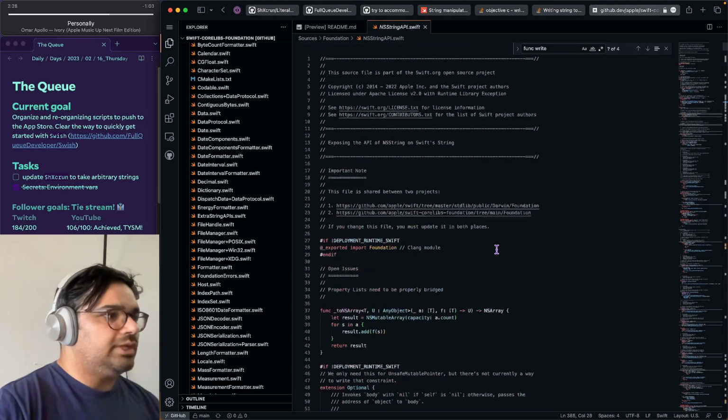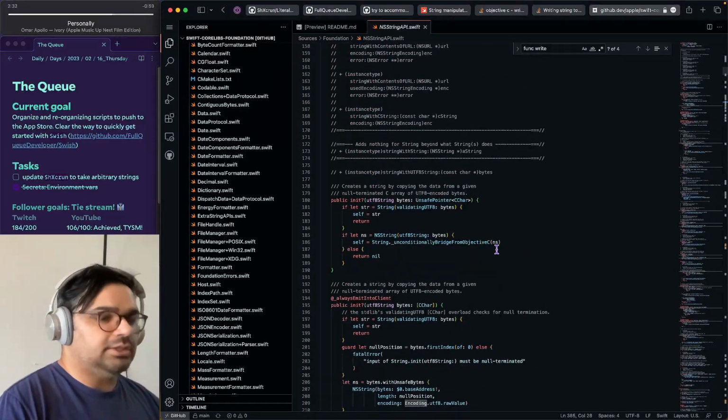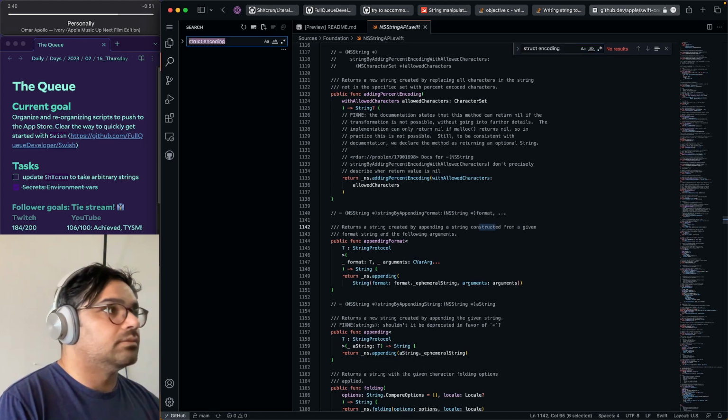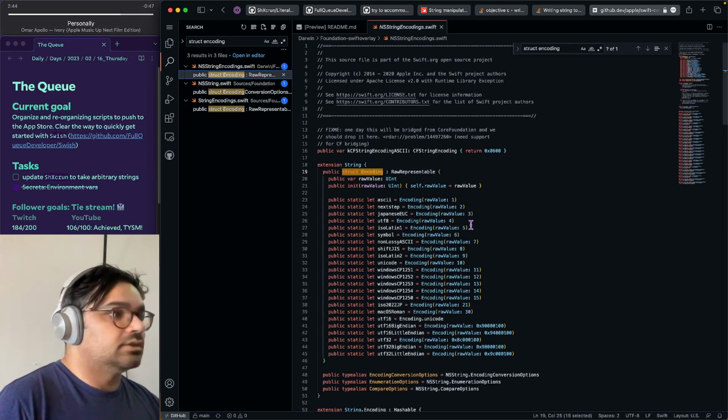Is it an enum? Is it a struct? Let's see. Oh, it is a struct. Oh, so if I say raw value on it,